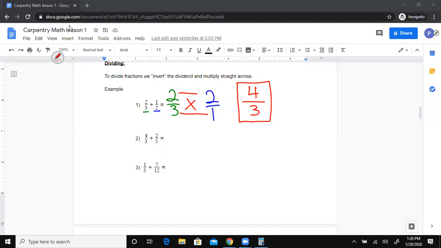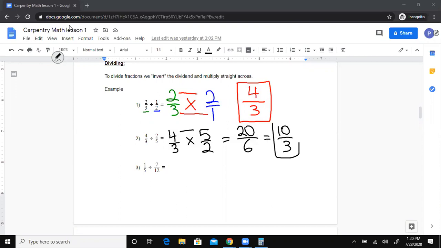It's a prime number. So moving forward, we have 4/3 divided by 2/5. Again, we leave the first number the same. 4/3 stays just how it is. And we flip the second number, the number we're dividing by, on its head: 5/2. Now we get to swap the division for a multiplication. Go straight across. 4 times 5 is 20, and 3 times 2 is 6. We could be done here, but this is not in simplest terms, and therefore is not easy for an end user, someone you're explaining your math to, to understand. We can divide 20 and 6 both by 2,